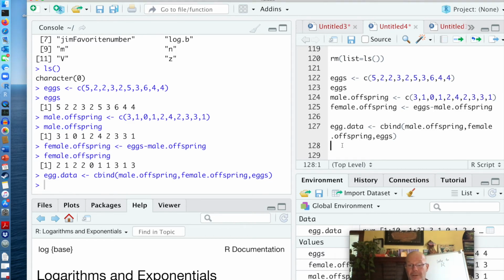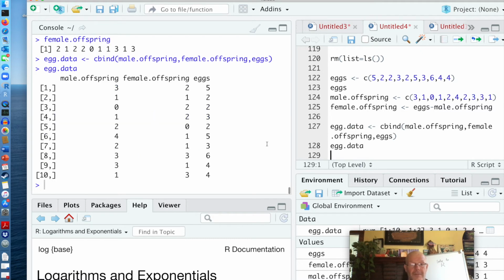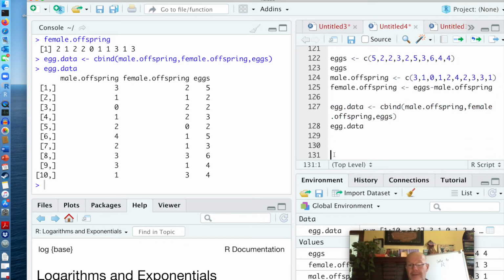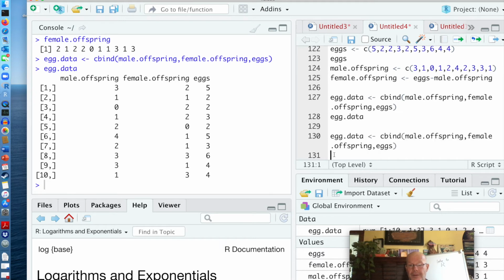Okay, so if we were to look at that egg data, that's what it would look like. So now things are starting to look a little bit more like, oh, that's what data look like. I've seen that before, right? And so that's that. We could also have made egg data where we had 10 columns and only 3 rows